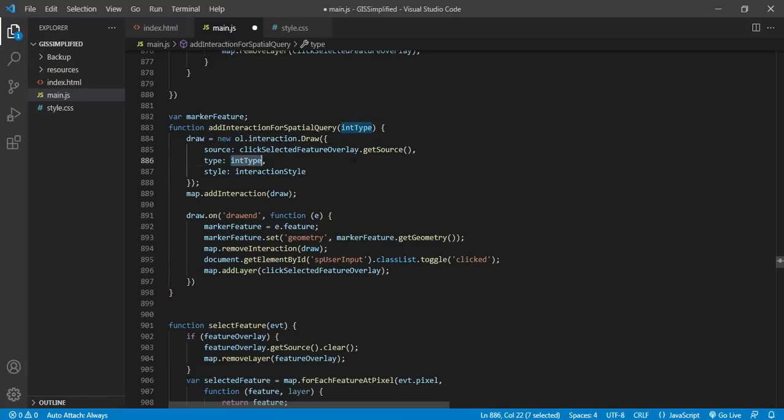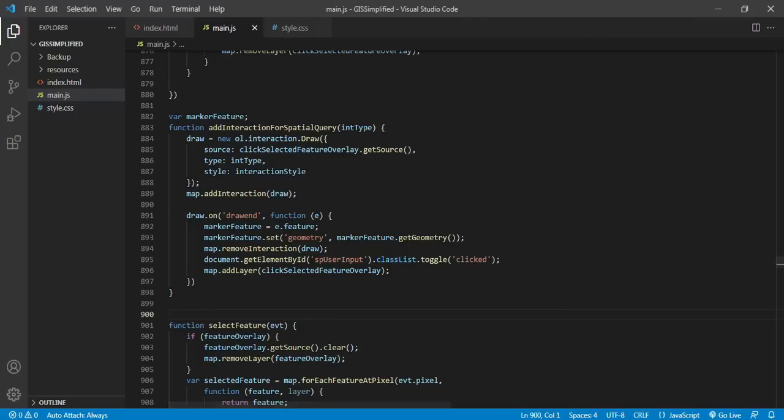Whether it is point, line, or polygon, it will behave accordingly. Once the drawing part is complete, I am capturing that feature into my variable. So this is a simple code for interaction and capturing the user input in terms of point, line, and polygon marker. So this is the entire code.